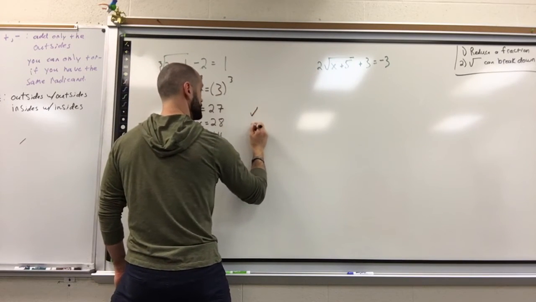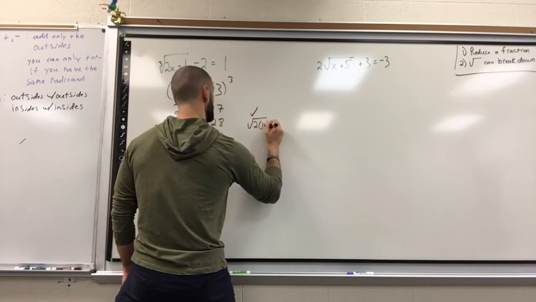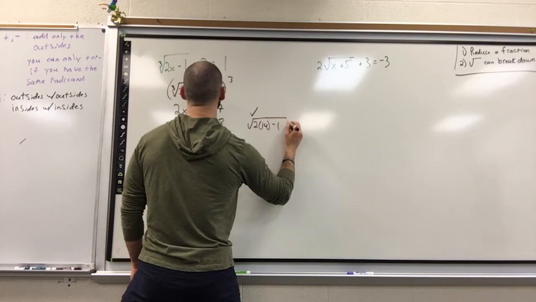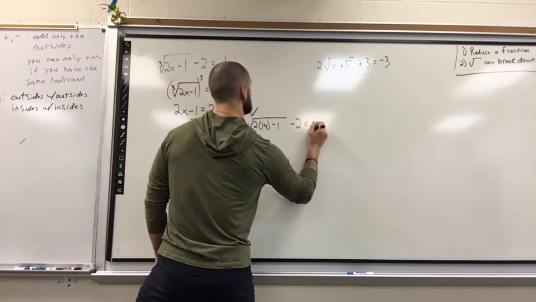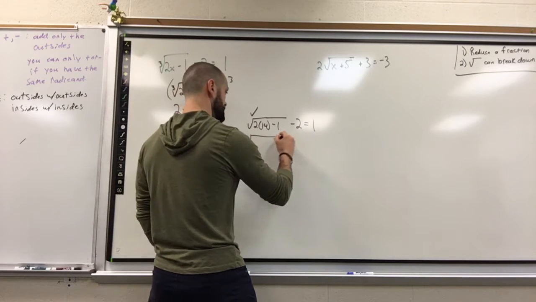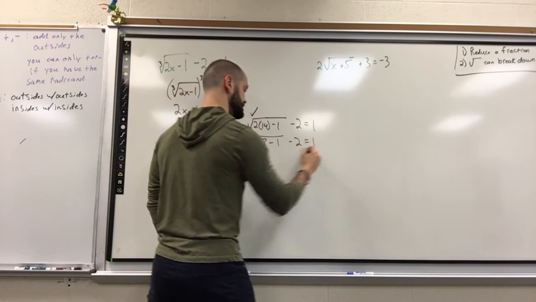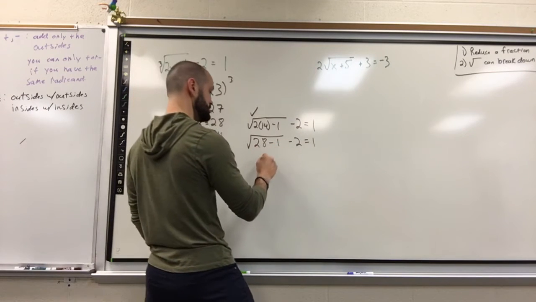We're going to be checking it real quick. The cube root of 2 times 14 minus 1 minus 2 should equal 1. All right, here we go. We get cube root of 28 minus 1 minus 2. Let's make sure it's a true statement. 28 minus 1 is,